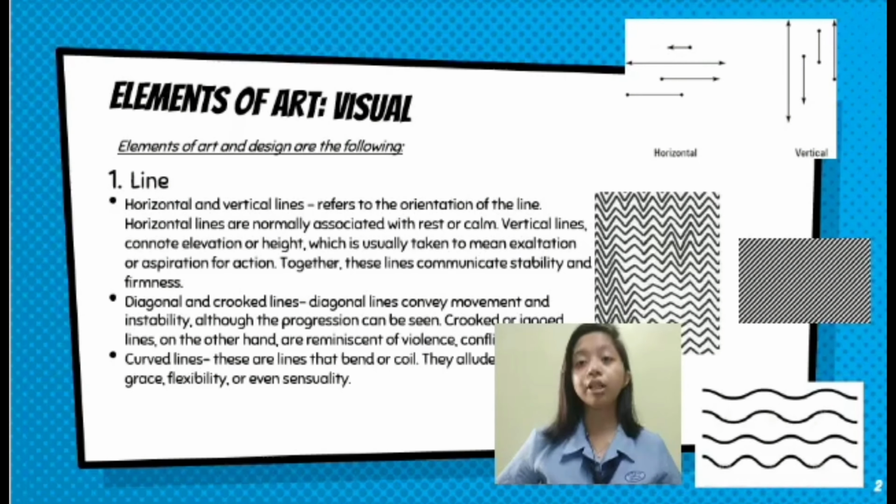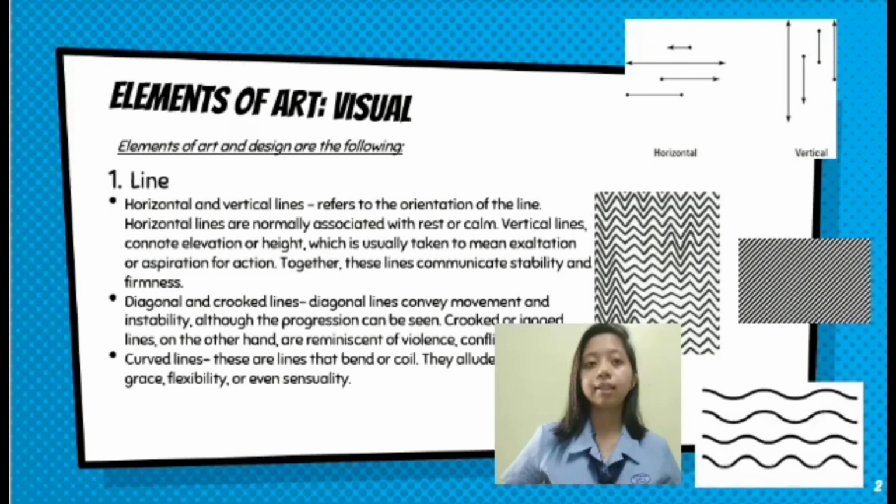First is a horizontal line. In artwork, it shows a horizontal line as rest or calm. Next is vertical line. It shows elevation or height in an artwork. So it means that it's showing exaltation or aspiration. Third is